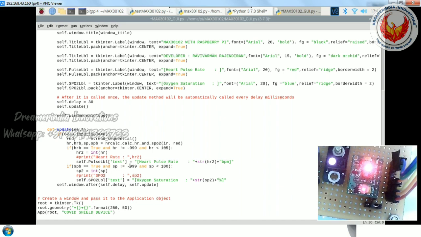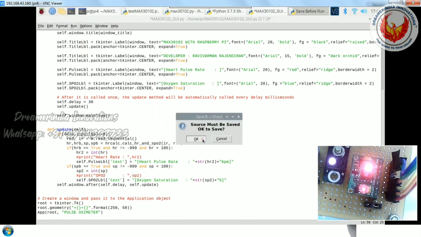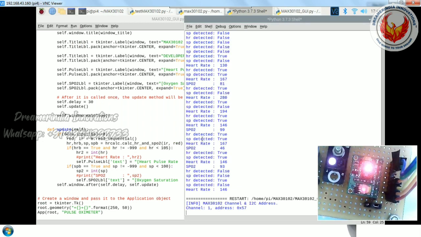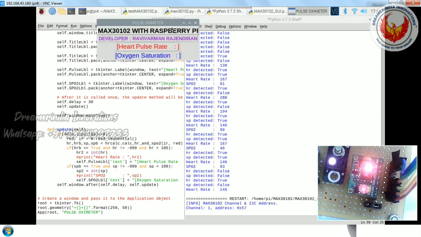Once I run, you can understand all those things, and we can name it as pulse oximeter. So the GUI name is pulse oximeter. Now let us run this module. You'll be getting something like this.